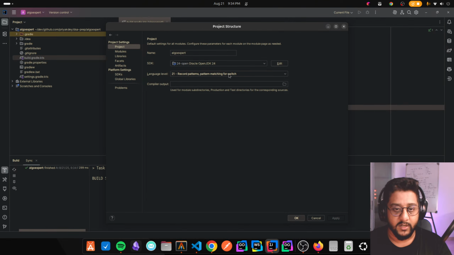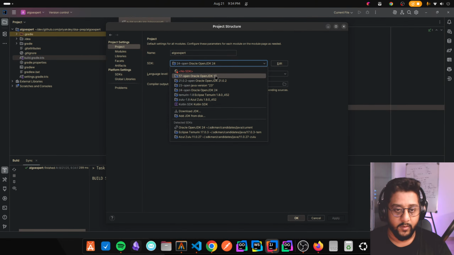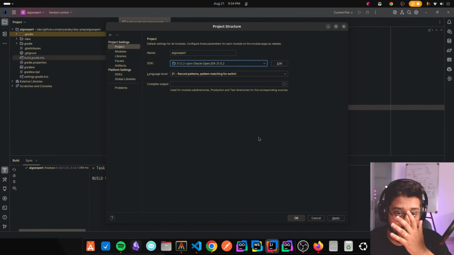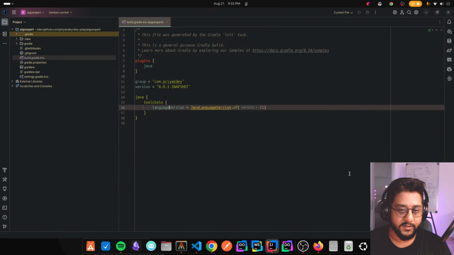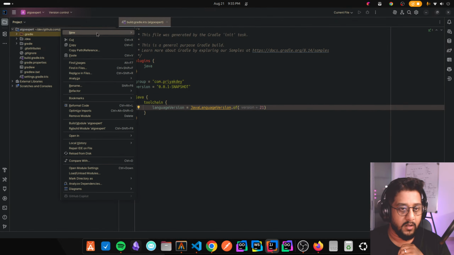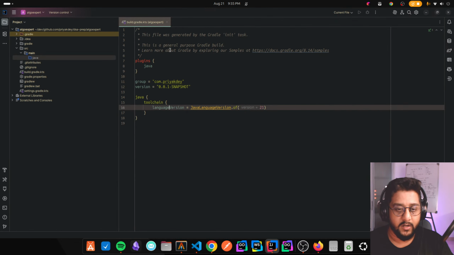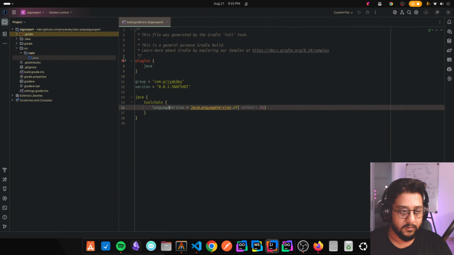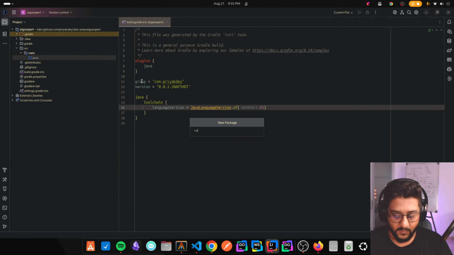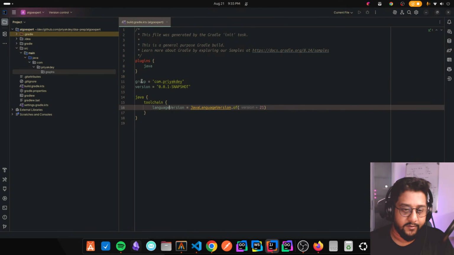So we can go to project. It's 21, 21, 21, 21. So you can have pattern matching for switch and record patterns. Okay, so I still need to learn a little bit more about how the pattern matching for switch works, but that's fine for now. I guess we are good. Okay, so now let's try and create a directory from play dot graphs. Let's just say graphs. Okay,